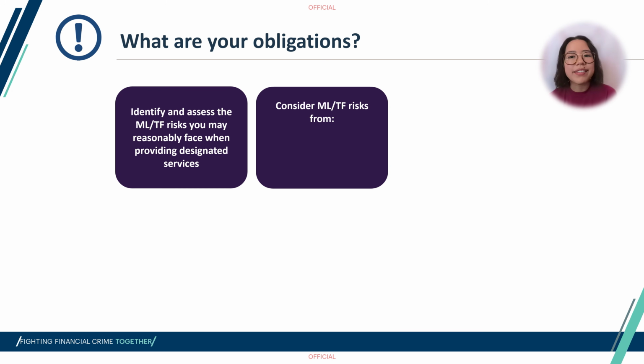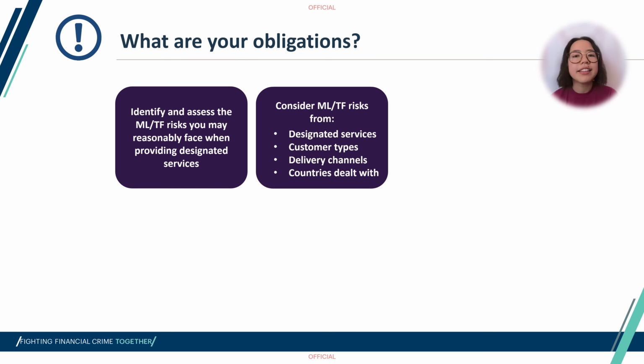You need to consider risks that arise through 4 risk categories. These are your kinds of designated services, including the level of risk for every designated service you provide, your customer types, including the risk each customer and customer type pose to your business, your delivery channels, so this is the way you deliver your designated services, and the countries you deal with, noting that different countries or regions can carry different risks. You must also assess any planned designated services, customer types,